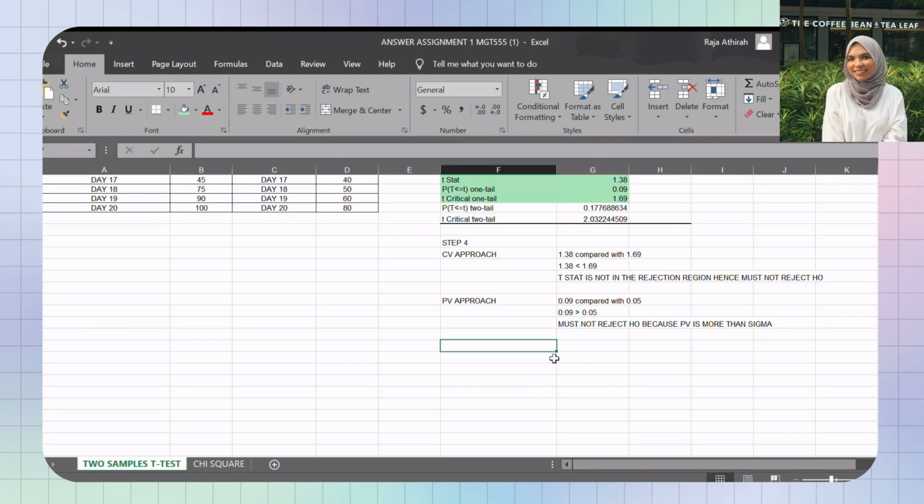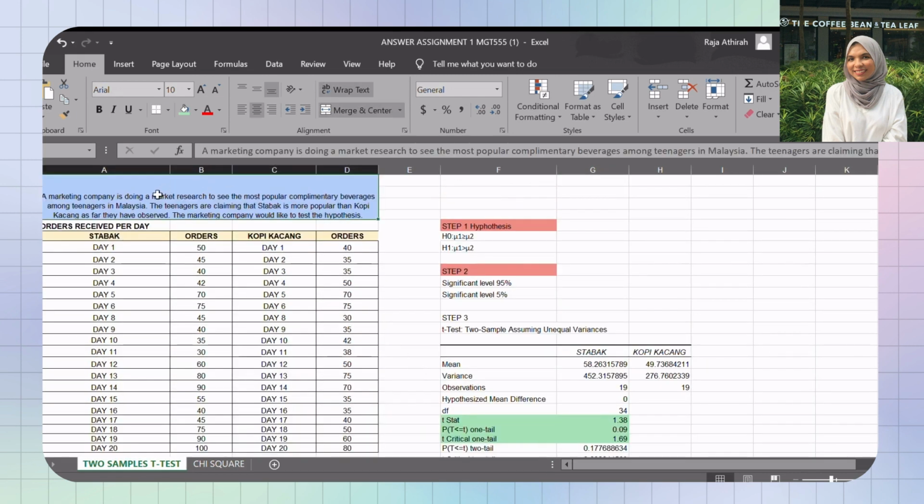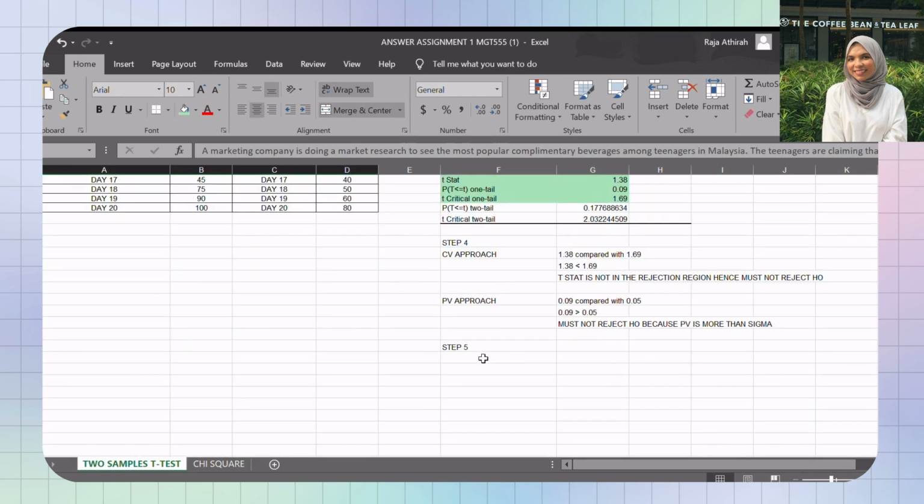And the last step that I'm going to show you is the fifth step, which is the conclusion. The conclusion is where we look back at the question in order to make the conclusion, and from which I can conclude that the teenagers' claim